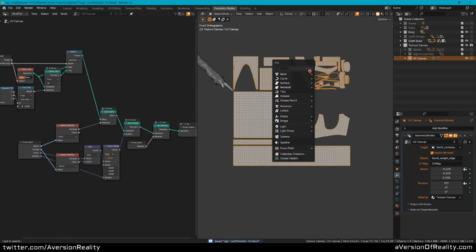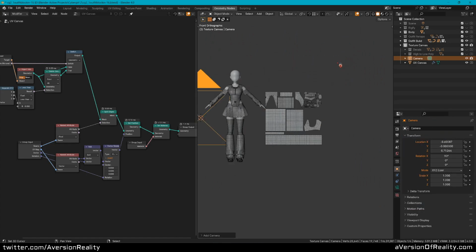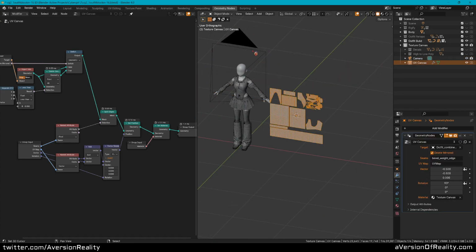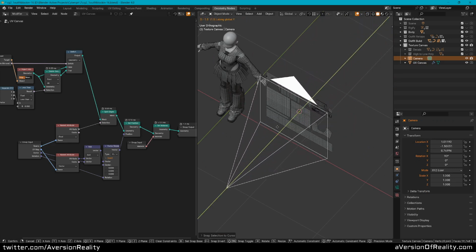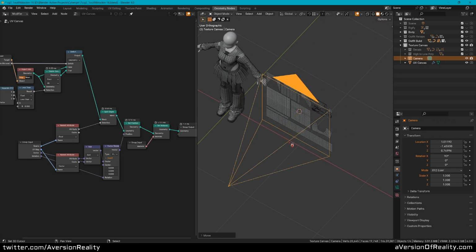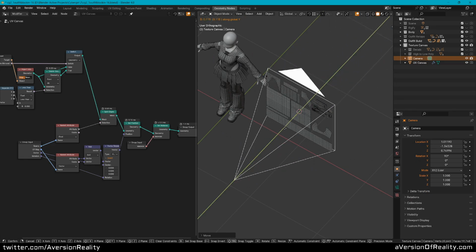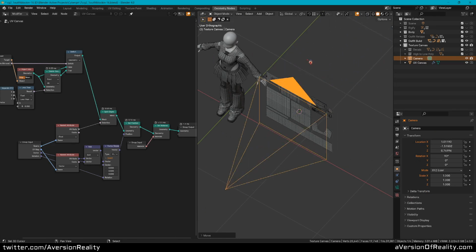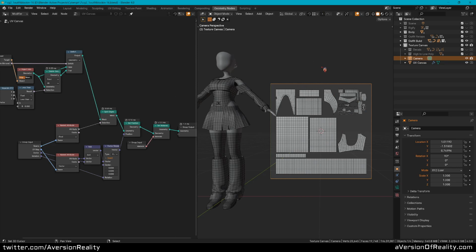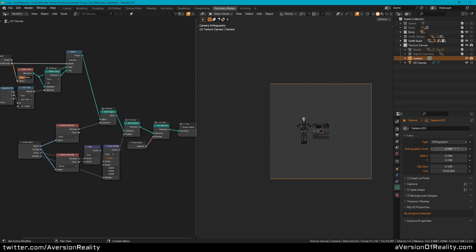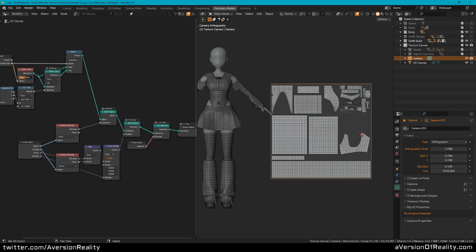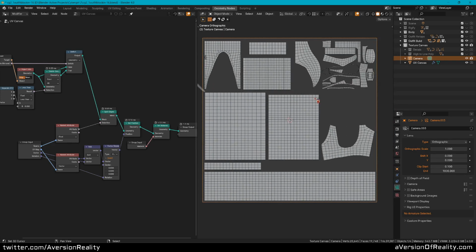The last thing we need for our bake setup is an orthographic camera. So we get a camera, we will set it to the same position as this, move it forward on Y a bit. It doesn't matter where it is on Y, as long as it's not at 0 or negative. And I'll make it the active camera with Control Numpad 0, so now we're looking through it. We will set it to orthographic, and now the size should be 1.